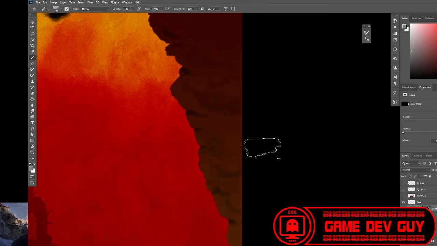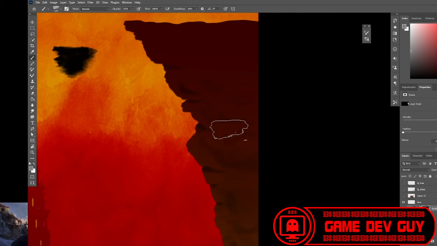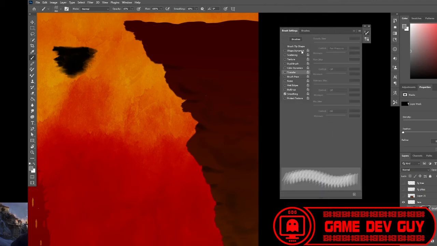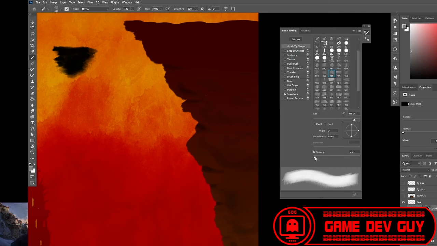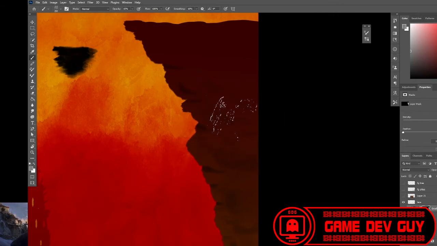I'm just gonna jitter up some of this a bit. I think there's some of these brushes that are actually much more, yeah, like that, like this one. Like that one, say. Should probably do a better job. Just make sure the spacing is down pretty low, just in case I want to do something else with it. Now that should